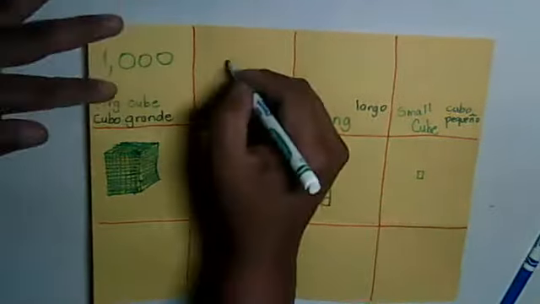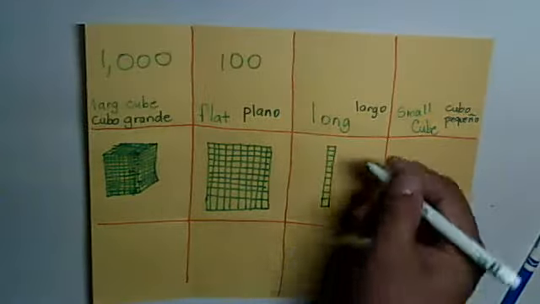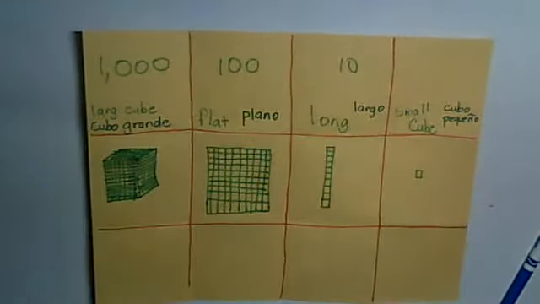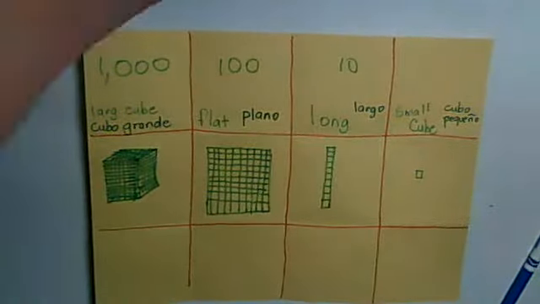Now we go back to the long. The long has 10. That is the 10th place value. Then we go to the little small cube. That looks like a little square here, a little cube there. That is worth 1. Okay. So now I'm going to take